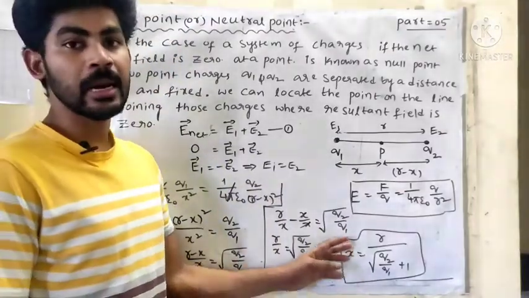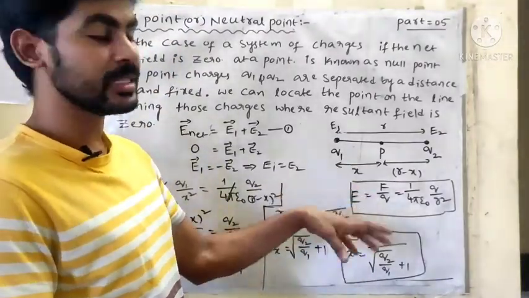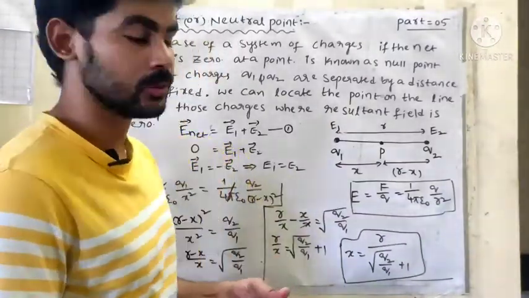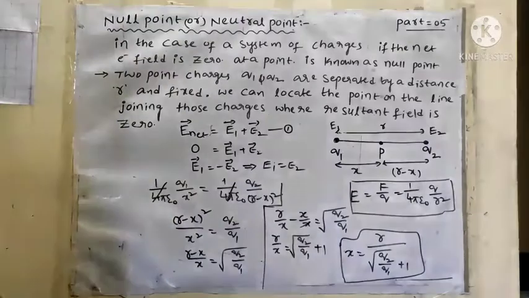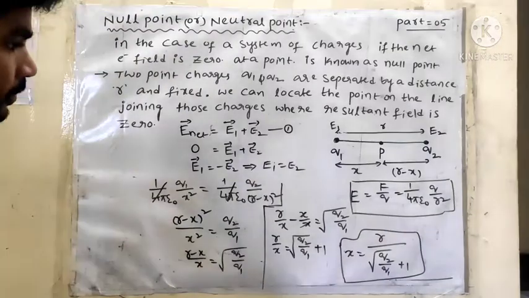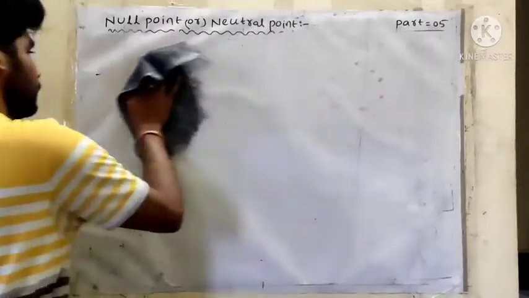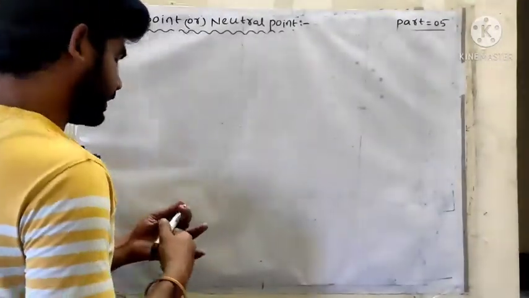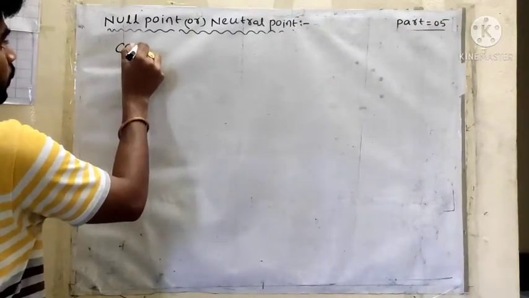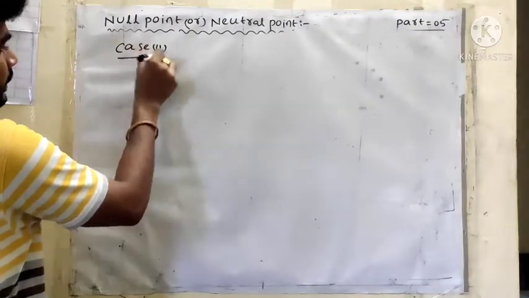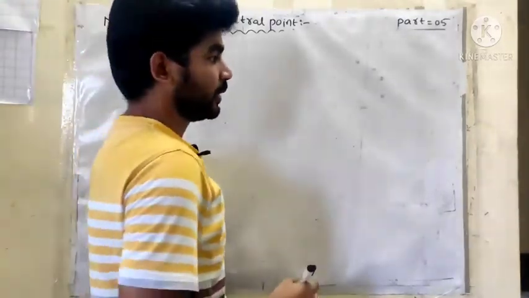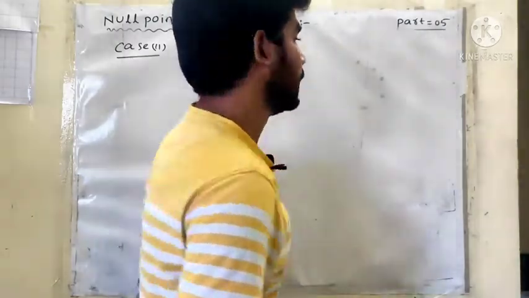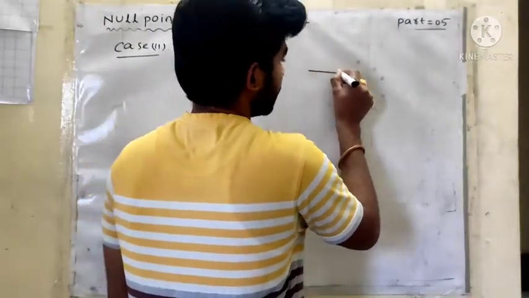Again, we are now discussing outside also, where the electric field is 0 outside of the 2 point charges. Okay, please take a screenshot of this one. Before, we discussed case 1, now this is case 2. So in case 2, the electric field is 0 at a point outside the charges.